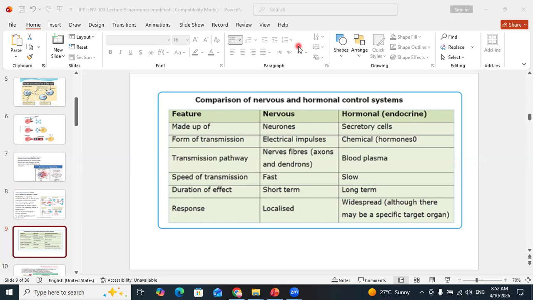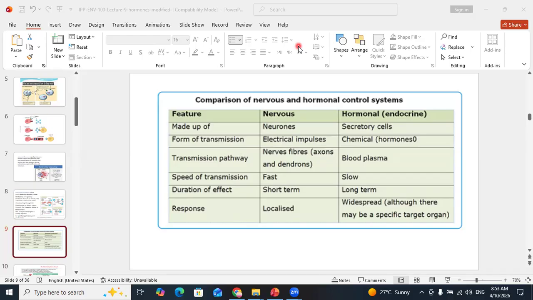While in the hormonal or endocrine system, the speed of transmission is slightly slower compared to the nervous system. It doesn't mean that if you are in a panic state, you will take longer to respond. But if I compare the nervous control speed to the hormonal control speed, think of it this way: when there is a stimulus, which is basically a change in the surrounding. We discussed reflex action, and we discussed when a mother hears a crying baby. First the stimulus is received, the mother hears the crying baby, and then adrenaline is released from her adrenal gland that gets mixed with the blood, and then it causes the mother to respond. I don't mean to say that it will take too long, but if we compare the speed of